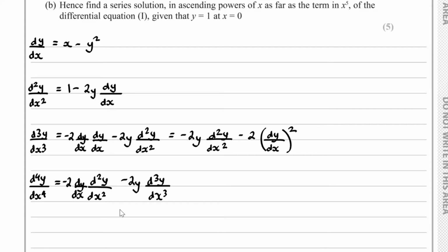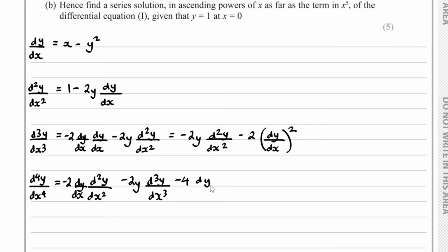Now if we take a look at this minus 2 times by the dy over dx all squared, over here we'd have to use the chain rule to differentiate this. So we have 2 times by the minus 2, which is minus 4, and then we multiply this by dy over dx,